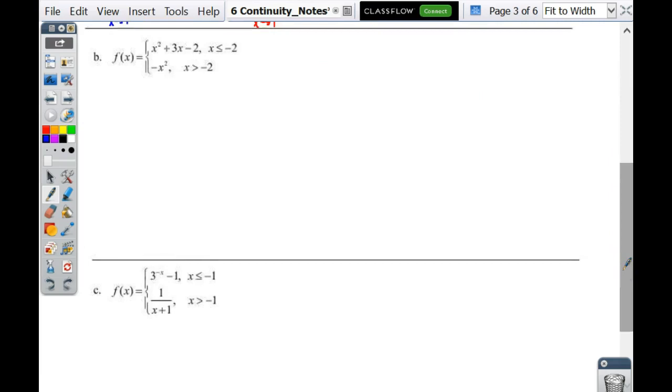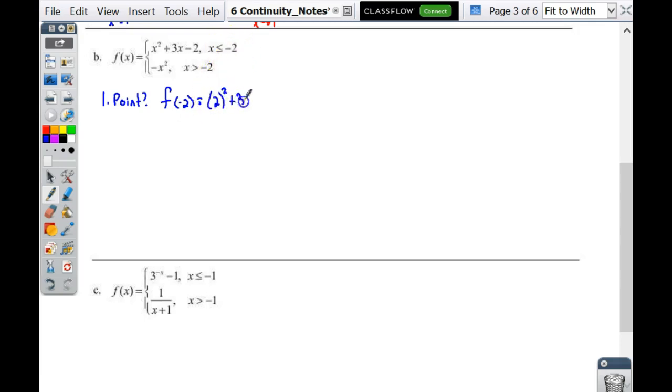So we look at B. Again, I've got another quadratic comparing to another quadratic. We know that those are continuous, so the only point that discontinuity could exist is in here when x is at -2. So again, we do the same exact concept. We ask, what is the point? And we would say f of -2, the only location where discontinuity could exist, is equal to